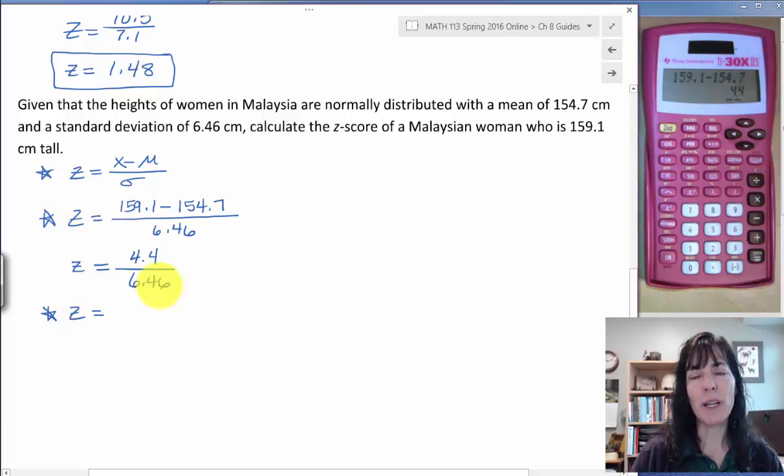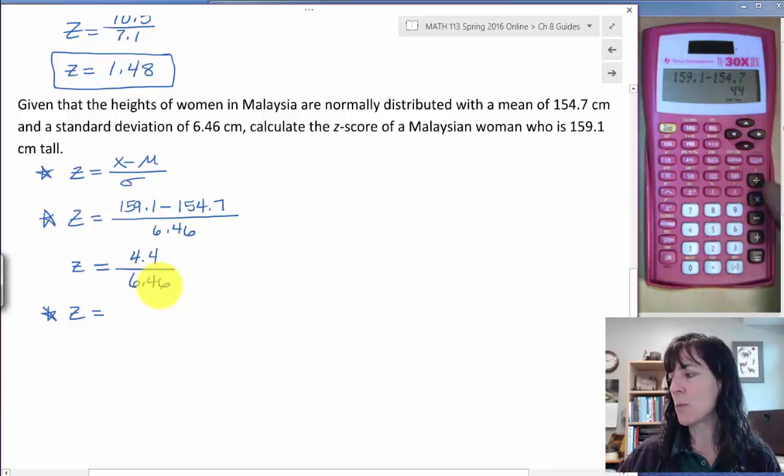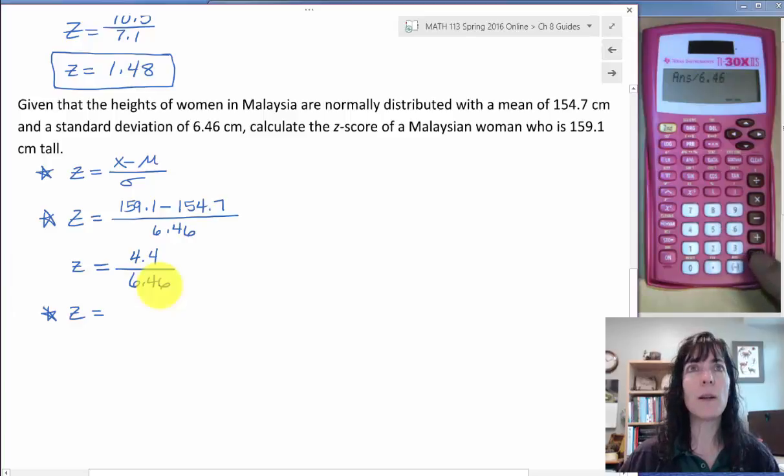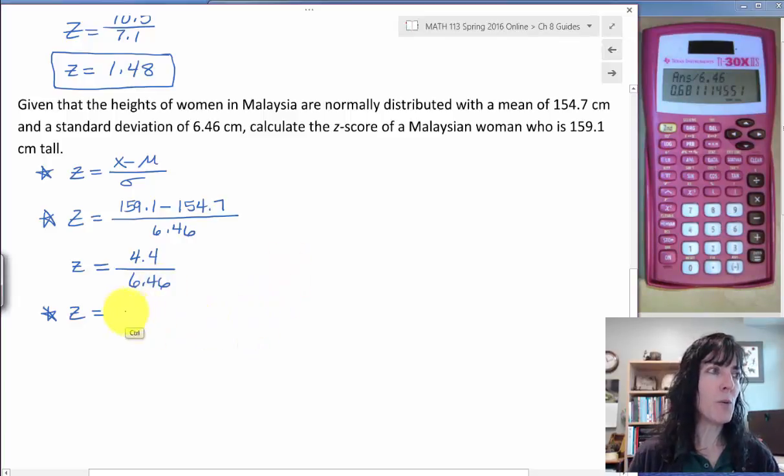I don't mind if you don't write that intermediate step. So 4.4 divided by 6.46 equals, and I get 0.6811, so my z-score is going to be 0.68 because I need to round to 2 decimal places. So I have a z of